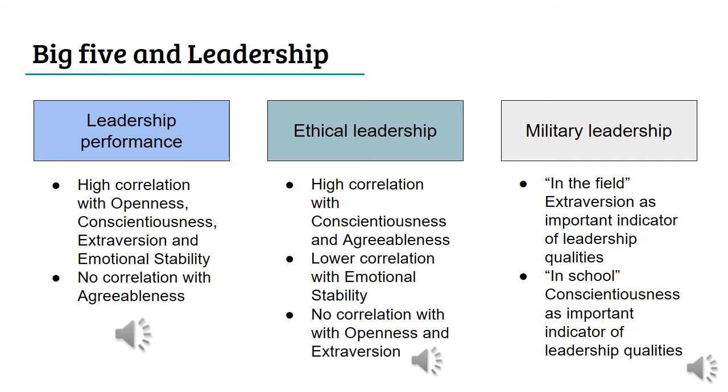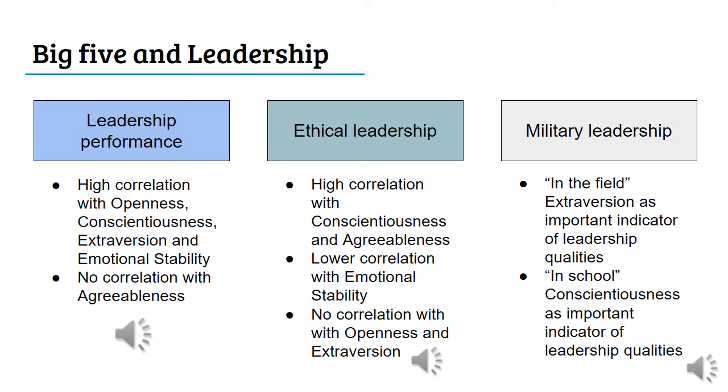After having explained a lot about the Big Five in general and how they can be interpreted, there are many studies that try to find out how the Big Five are related to leadership skills. To find out whether they come to the same conclusion and what might be the differences between the studies, it is necessary to compare them. Therefore, we presented three studies in which the scientists had different approaches to measure the relation between the Big Five and leadership. In a study by Judge et al., leadership performance was measured as a combination of the two criteria of leadership emergence and leadership effectiveness.